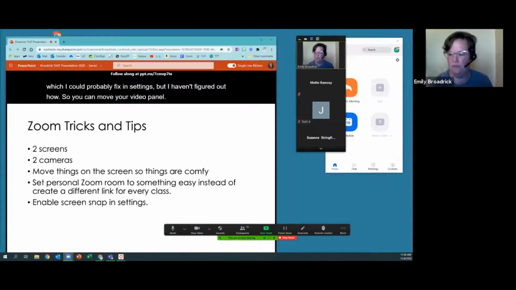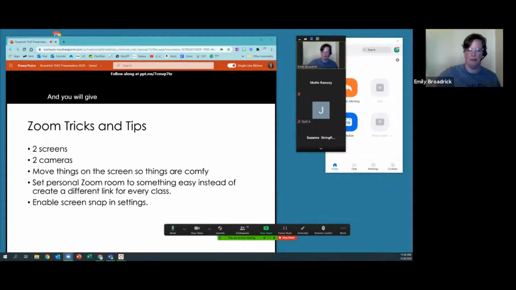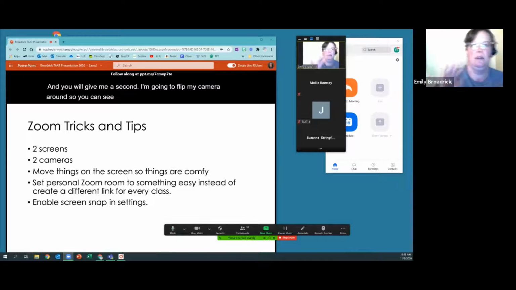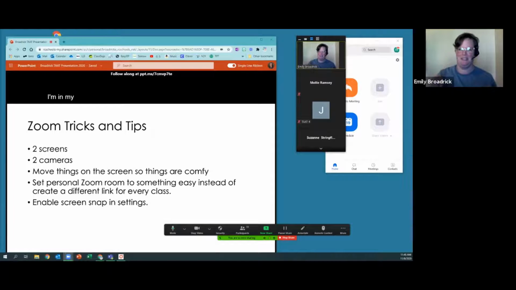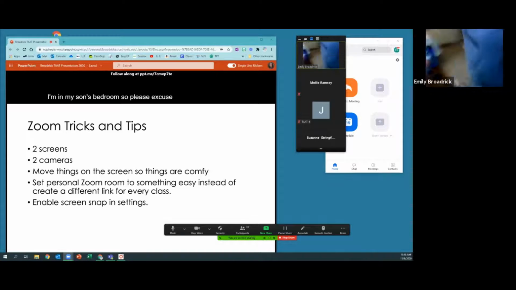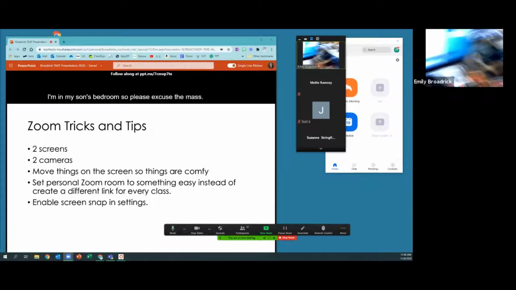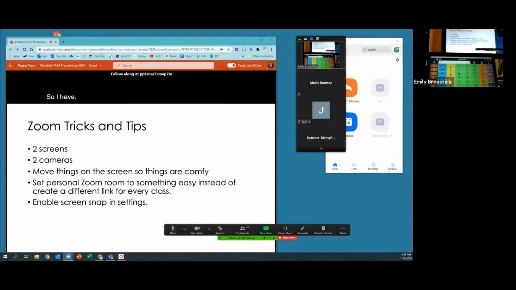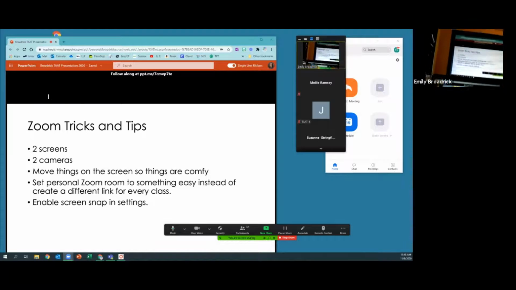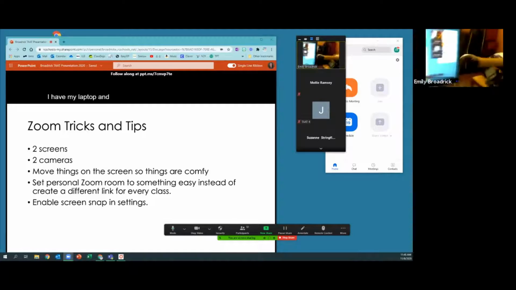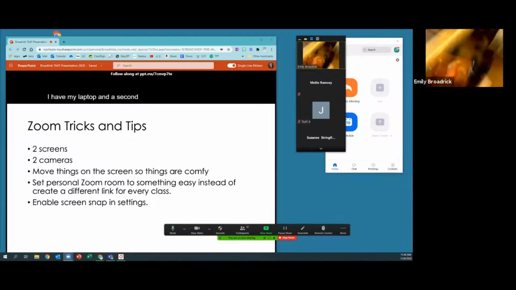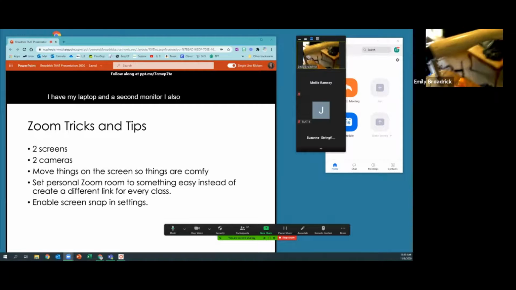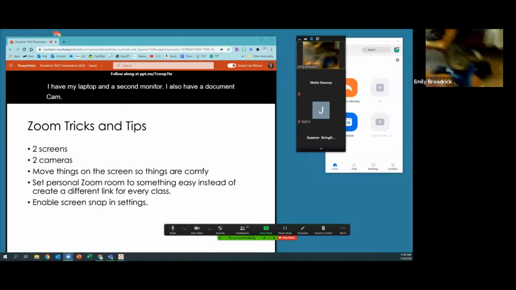Give me a second. I'm going to flip my camera around so you can see my setup. I'm in my stepson's bedroom, so please excuse the mess. So I have two monitors. I have my laptop and a second monitor. I also have a document cam, water,